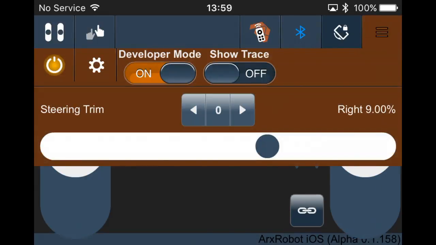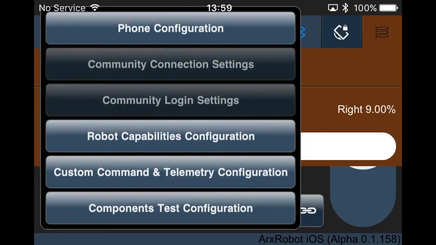So we'll go into our custom command and telemetry configuration view,